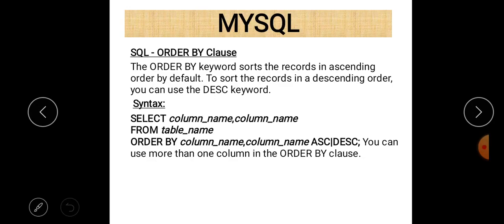And if there are 2 columns or more than 2 columns, it simply means that first of all data will be sorted according to the first column, and if values are found to be the same in the first column, then data will be sorted according to the second column. By default data will be in ascending order using order by clause, and if you want to make the data descending, use the DESC keyword after giving the column name. By default ascending order is there, but if you want to use ascending order intentionally, then you can use the ASC keyword also.